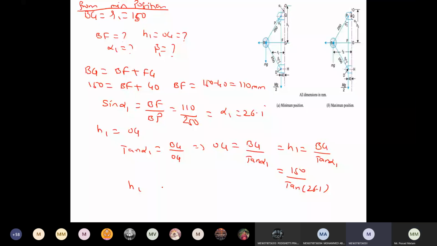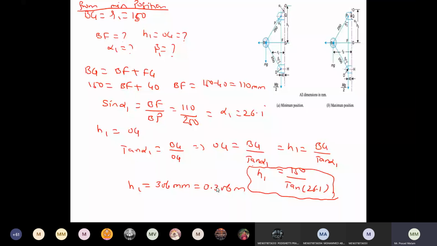So that is sin alpha 1, sir. Sin alpha 1 you are giving? Right, sir. H1 is, someone has answered 206 mm. So by solving this, 150 by tan 46.1, I am getting it as 306 mm or 0.306 meter. So I got all the values, I found H1. So from this I can find out the N1 value with this above data.